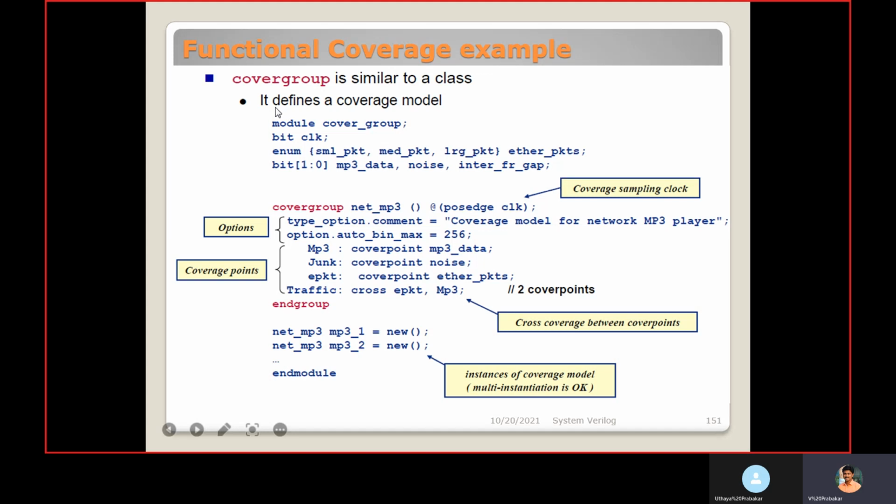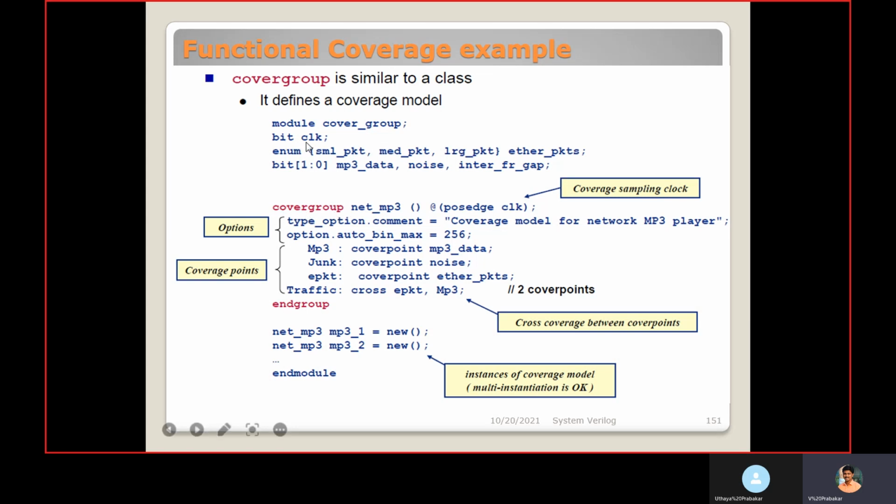One example for functional coverage, covergroup and coverpoints. Here the covergroup is defined inside the model. The model name is covergroup_in_model. Within that, we are mentioning the covergroup.